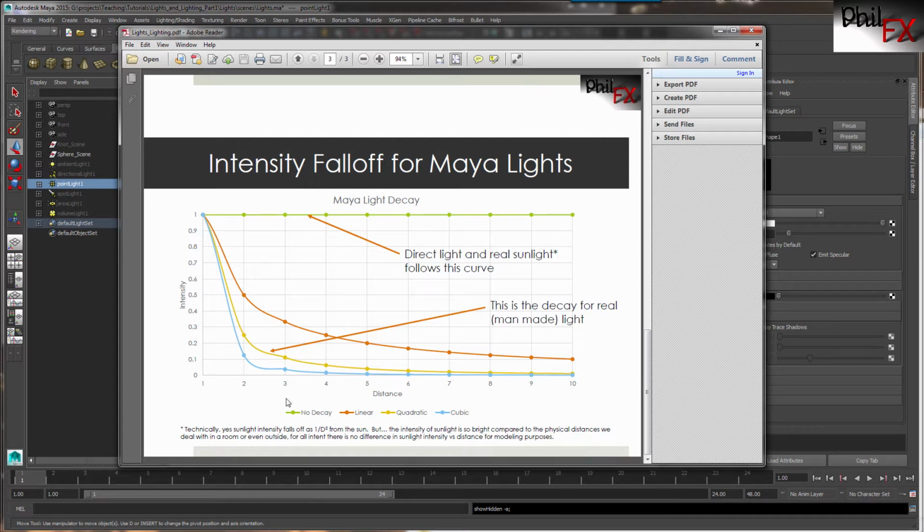These other lines here: the red line is a linear decay. The yellow line is what's called a quadratic decay. This is falloff of intensity of 1 over the distance squared. So if you can see, if I have an intensity of 1 at a distance of 1, when I go to a distance of 2, my intensity here is at 0.25. So my intensity is 1/4 of what it was, and all I did was double my distance,